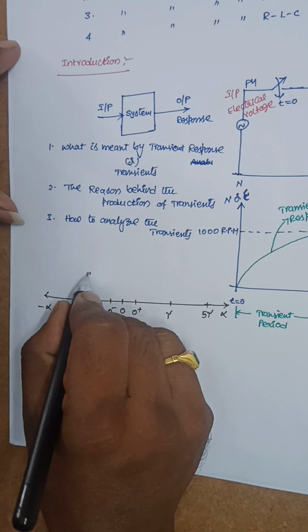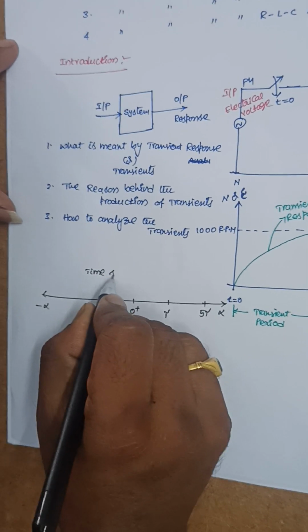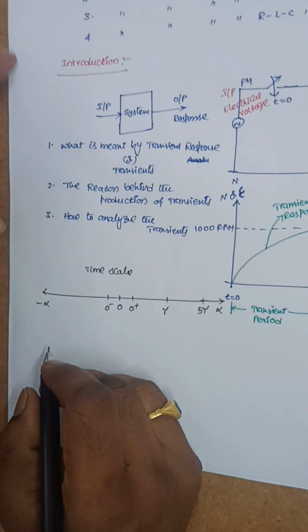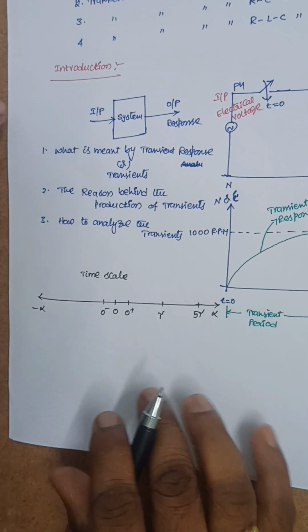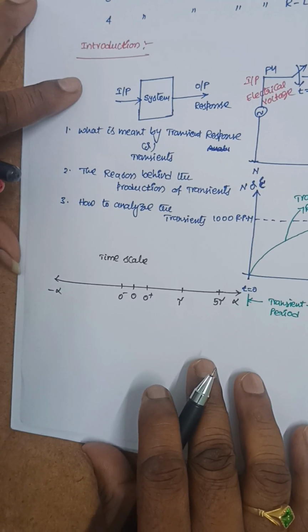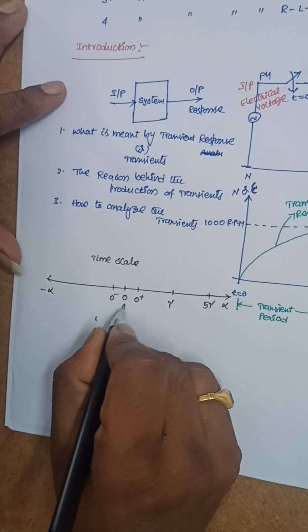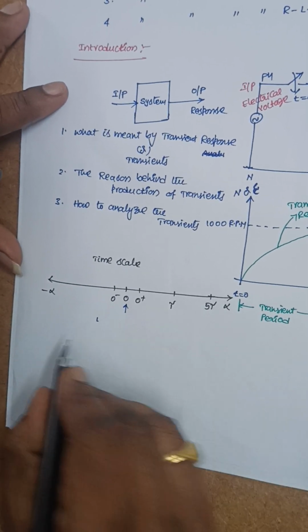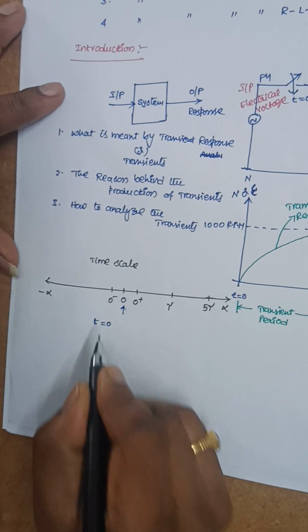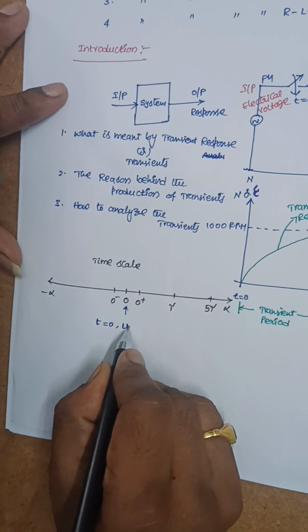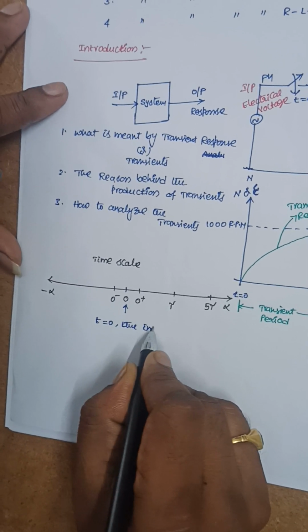This is nothing but the time scale. In this time scale, t is equal to 0 is the instant